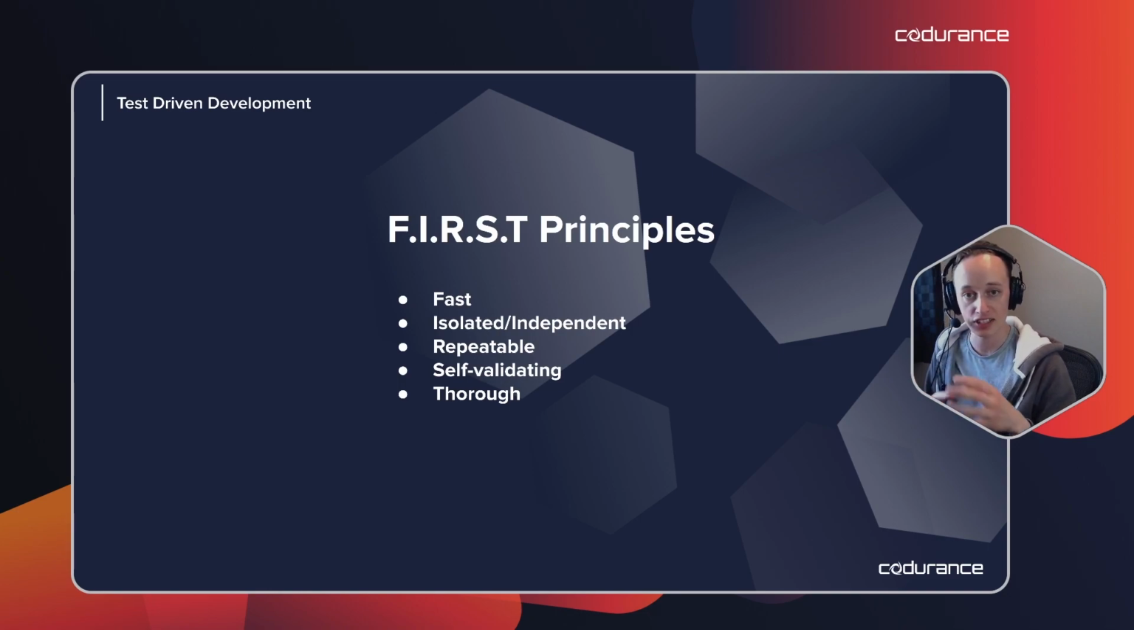They can't affect each other through any shared state, because when you get into that state where that does happen, it's a really confusing spaghetti mess of a problem, and it's worth investing time in making sure your tests are properly isolated. Your tests should be repeatable, so there shouldn't be any random elements affecting the outcome. You should be able to run your tests 100 times, 1,000 times, a million times, and always get the same